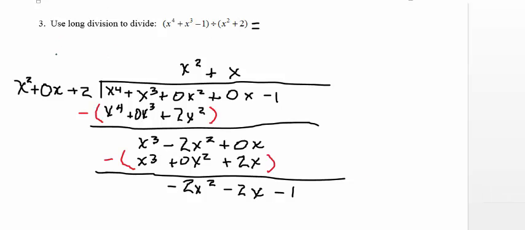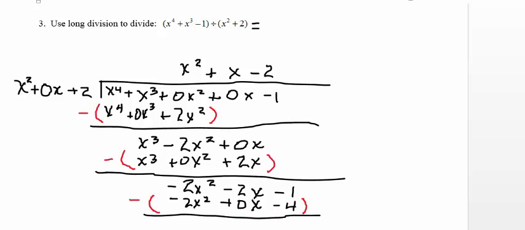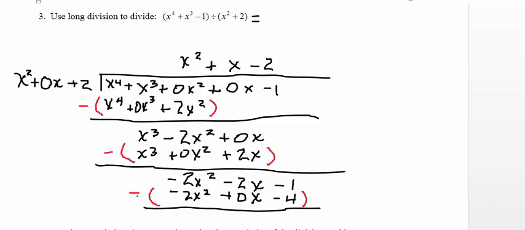X squared into negative 2x squared is negative 2. Negative 2 times x squared is negative 2x squared. Negative 2 times 0x is 0x. Negative 2 times positive 2 is negative 4, and I subtract. So negative 2x minus 0x is negative 2x. Negative 1 minus negative 4 is positive 3. And notice the division is finished because the remainder is degree 1 and my divisor was degree 2. So the degree of my remainder is smaller than the degree of my divisor, so the division is finished, and